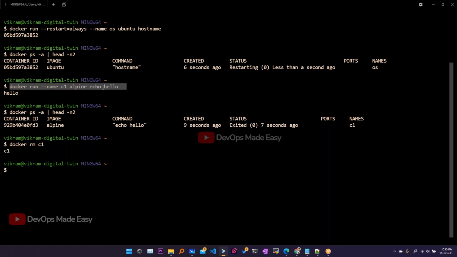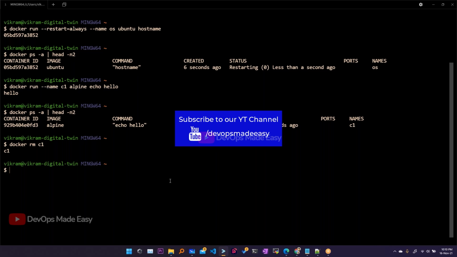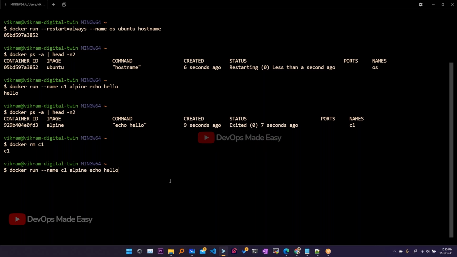If I want to run some temporary containers that do one process for me, why not automatically remove them once they are executed? So this time I'll use the --rm option, which means if the container is exited, you automatically remove it.